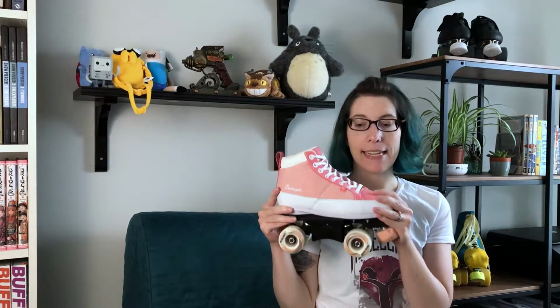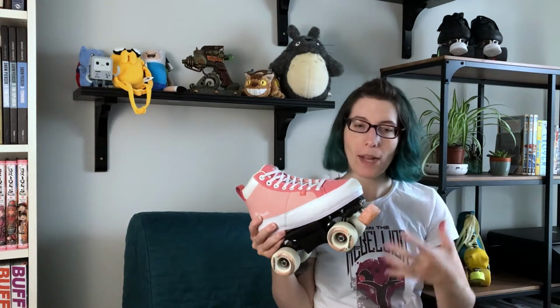I decided I really wanted to try out these Chaya Kismet skates. They're marketed as an aggressive quad skate that's great for beginners. They come with grind blocks, all in an affordable package, and I really wanted to see what these grind blocks